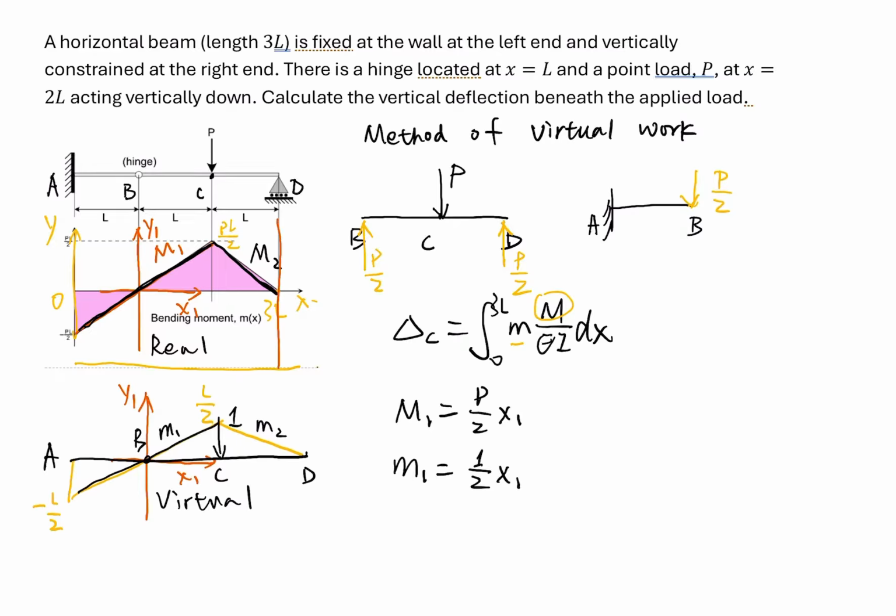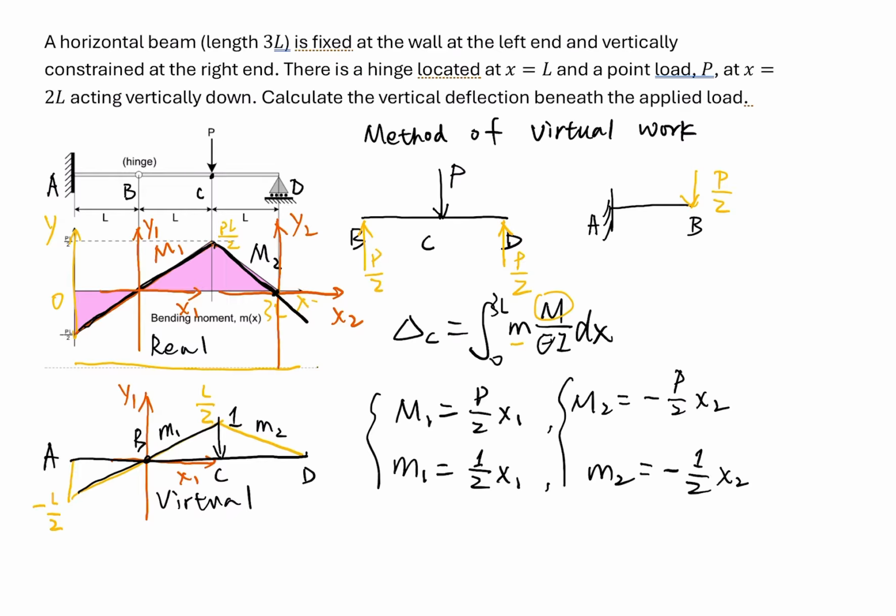It's like this: y2, x2. So this curve goes through this orange point. So we can also easily write down m2 is equal to negative p over 2 x2, and small m2 is equal to negative 1 over 2 x2. So after we got the expressions for capital M1, small m1, capital M2, small m2, then we can evaluate these